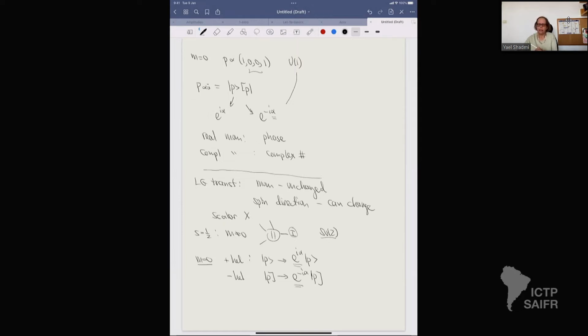So we're going to say that the plus helicity fermion has little group weight, or little group charge, +1, and this guy has little group weight -1. Okay,